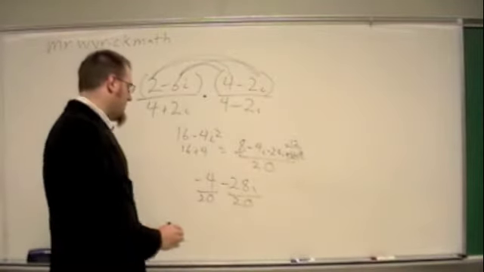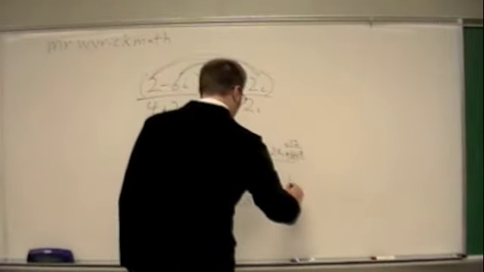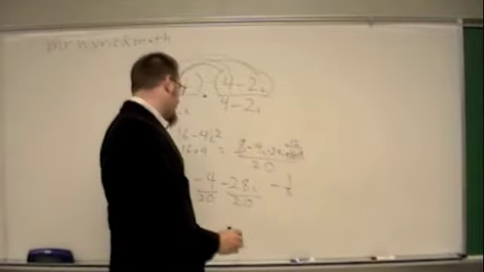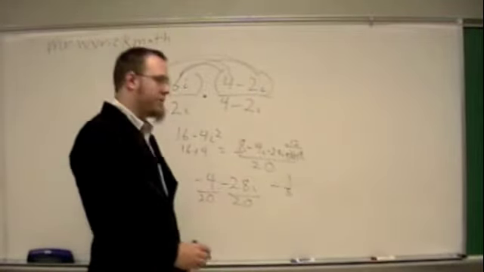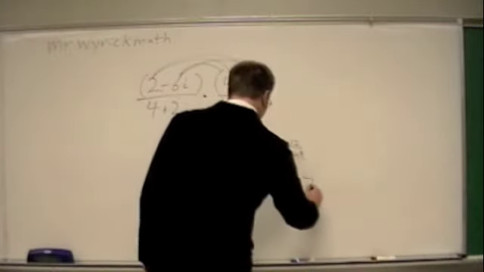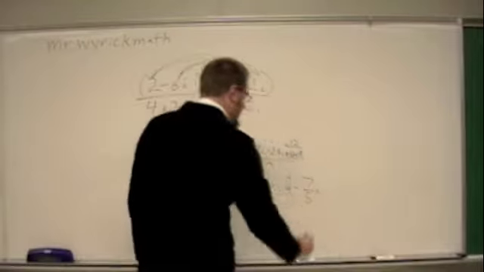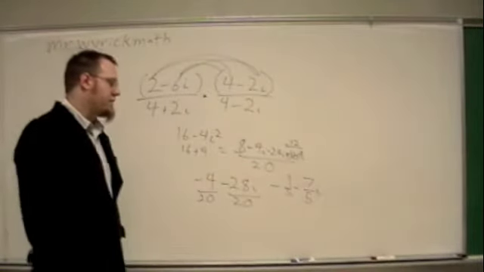Now I put each of these over 20, and from that point I can reduce. Since these are both divisible by 4, that's a negative 1/5. And actually I'm going to set my i out next to this next fraction. 28 and 20 are both divisible by 4. That is 7/5, and it's negative. So it's negative 1/5 minus